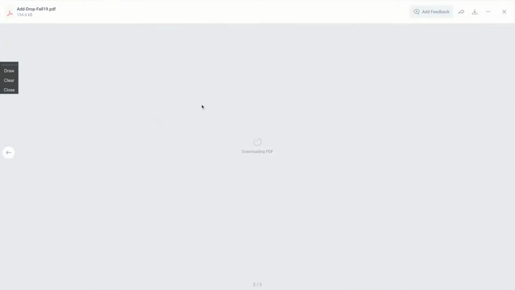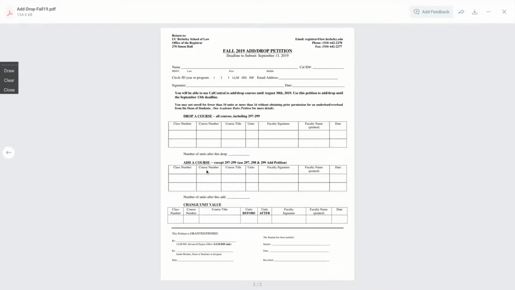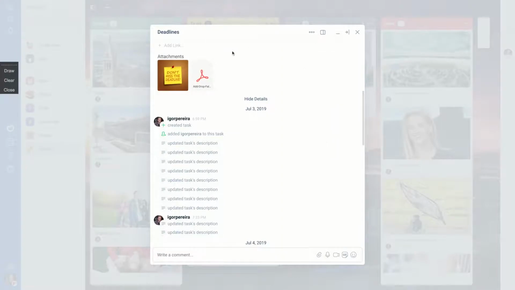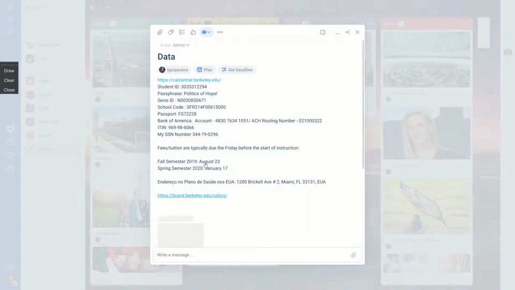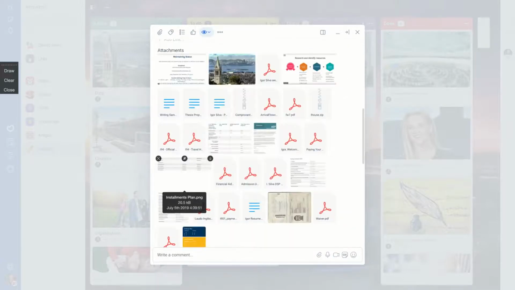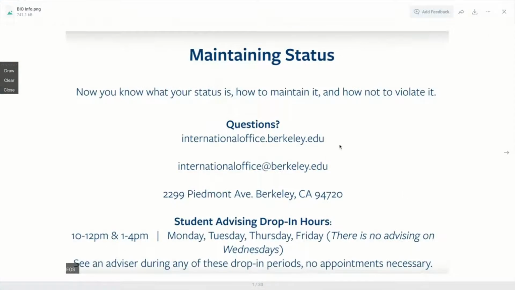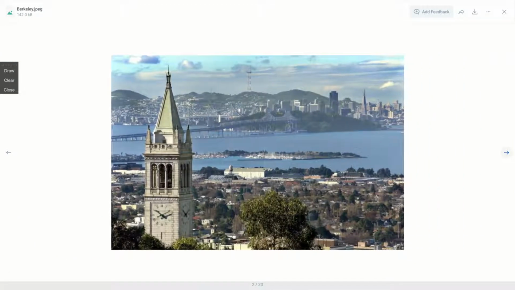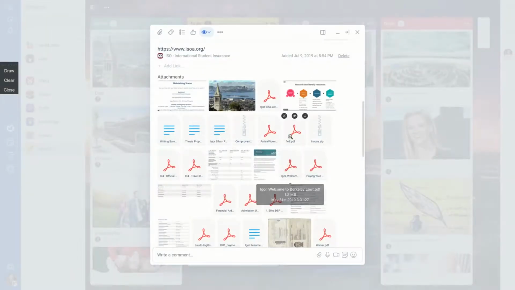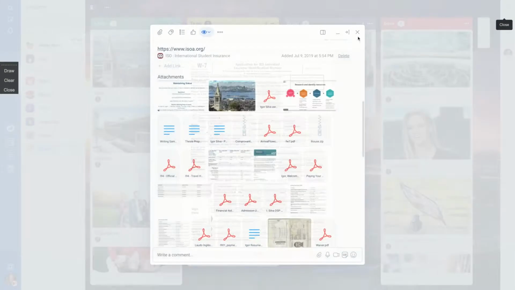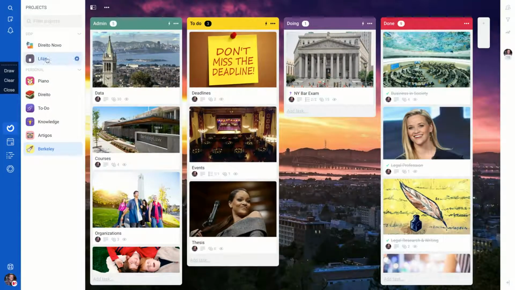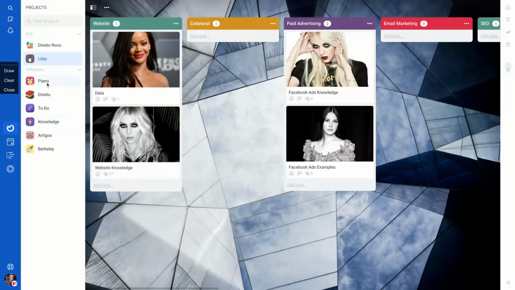And you can see here they have a PDF viewer, to check out all your files. So here I have plenty of files, so you can see how it works. Just click on the arrow and you can see everything. And if you need to read a PDF, just click on it and the tool will show the PDF. You change between projects just by clicking on